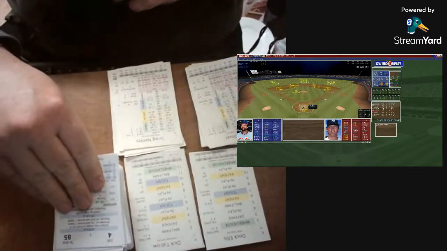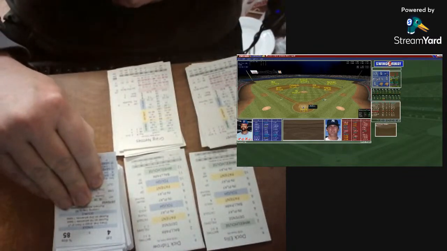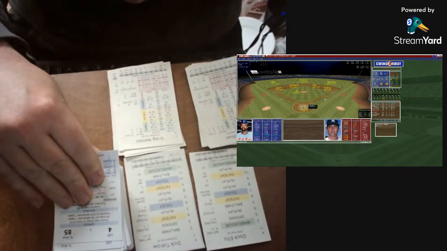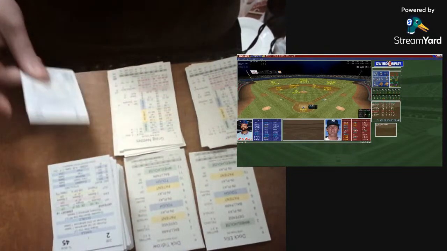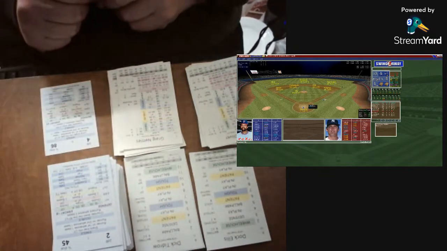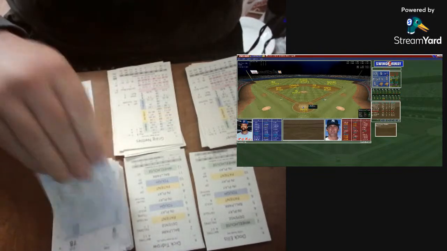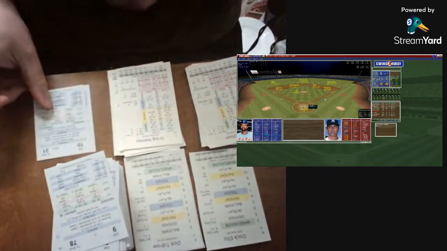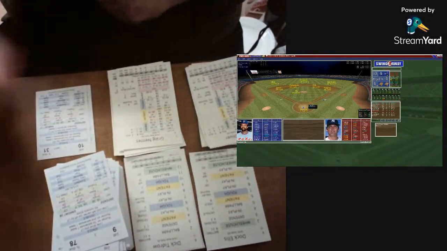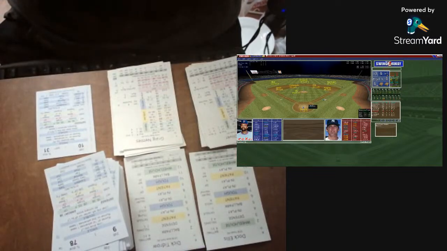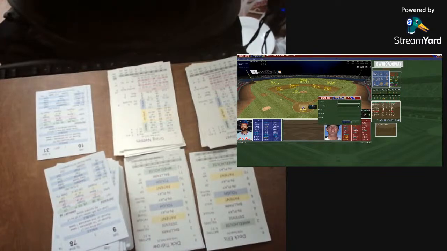Craig Nettles will lead off. Nettles, in 7 at-bats, is hitting .429, so he's had a good start. His first roll will be a 4, that's going to be in play for Mr. Nettles. That's going to be a 31, and he just misses. He pops it straight up to the second baseman. Bump Wills is there, makes the catch, and that is out number 1. So we have baseball, and we're underway here, 1 away.